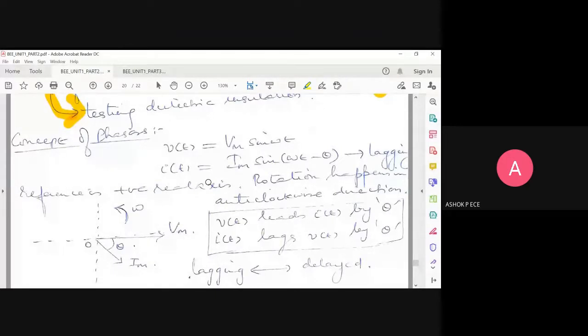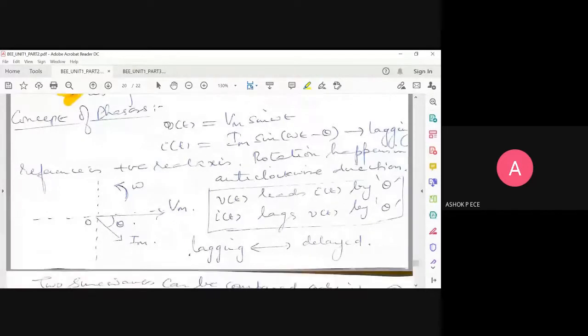So we are going to consider voltage and current, and we are going to draw the phasor for this. Okay, so see here, I have considered V of t equal to Vm sine omega t. It's a proper sine wave, and I of t is equal to Im sine omega t minus theta. So I told you in the beginning, whenever you get a minus sign, it is going to be lagging. Lagging means it is going to stay behind.